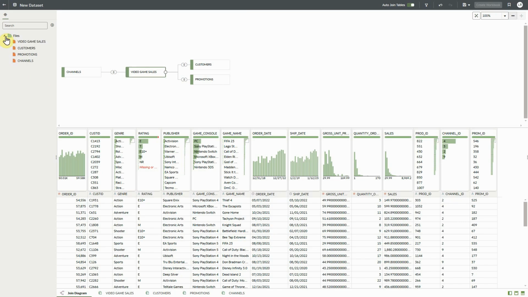And check this out. All the imported sheets are conveniently listed on the left-hand side for easy access and management. And that's it. In just a few clicks, we've turned a multi-sheet Excel file into a fully joined dataset, ready